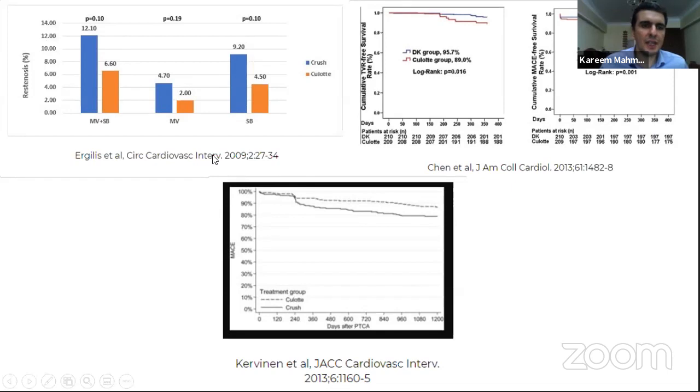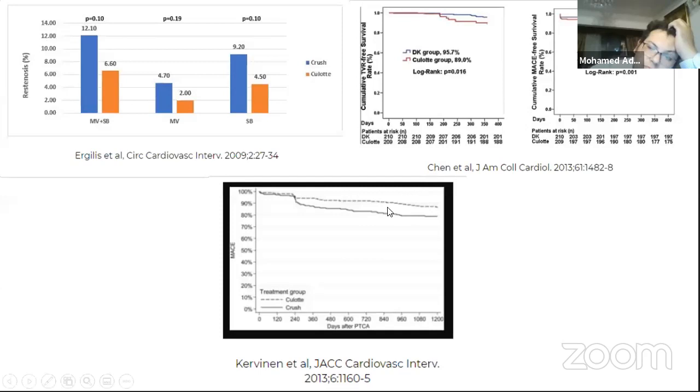Back in 2009, there was a trend that the Culotte would be better than the crush technique regarding in-stent restenosis. However, with the introduction of the DK crush by the Chinese group, the DK crush showed better survival and lower MACE as compared with Culotte.